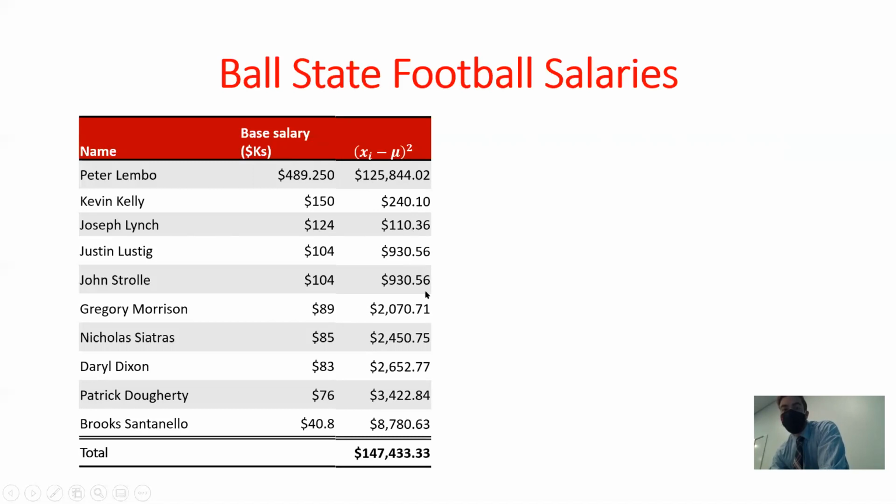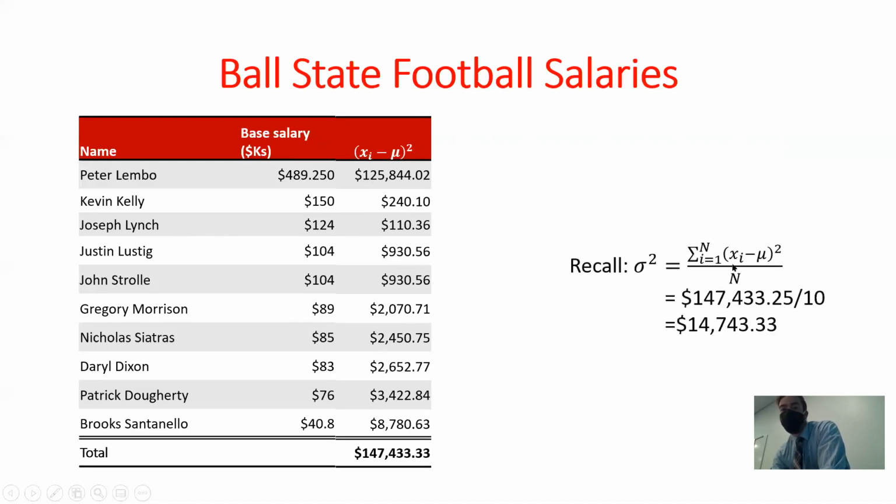Now, we can think about a couple other things that are going to happen. Well, I'll walk through this first and then I'll mention some things. So we did this for every observation, add them all up. We still have to divide by the total number of observations, which is 10, which gives us that 14,000.